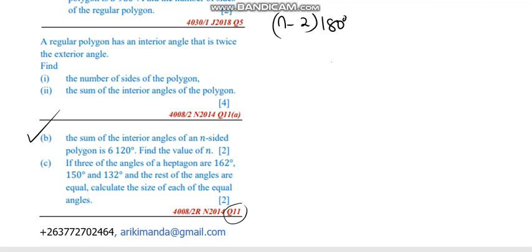Take note of this. Our question says the sum of the interior angles of an n-sided polygon is 6,120. Find the value of n. This is the total sum of all interior angles, so we're going to use this formula, since this gives us the total of all interior angles. So we can safely say on our question 11b,